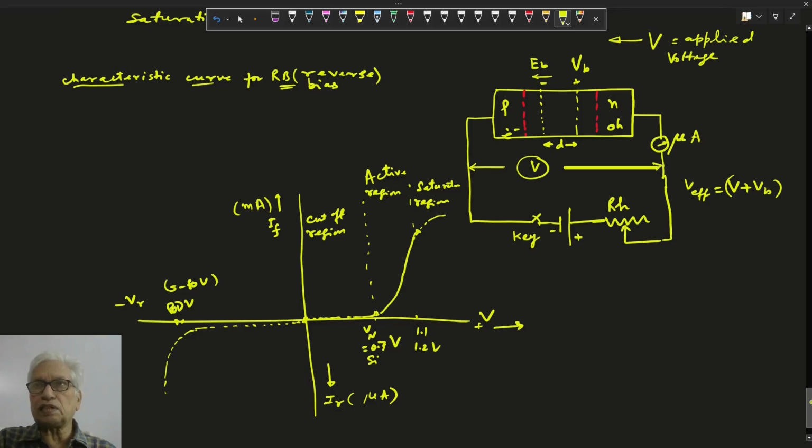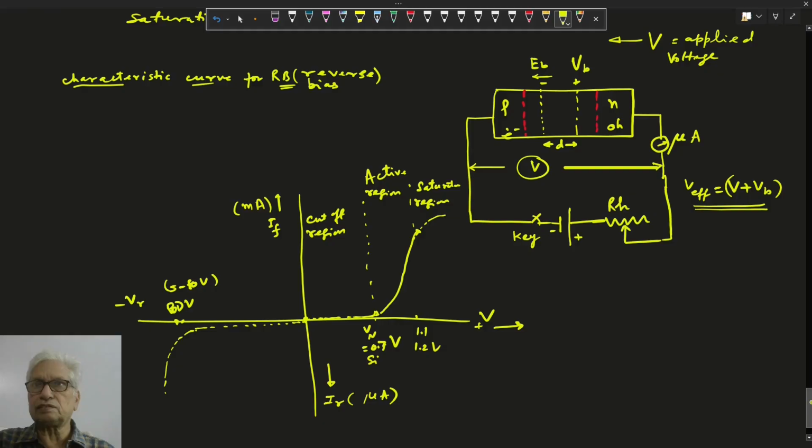For majority carriers of the P region and N region, this reverse biasing opposes. So, no question arises of current due to majority carriers. But for minority carriers, it is supporting. The positive terminal is coming here and holes are minority carriers, so they are repelled, and electrons are repelled by the negative plate. So they are crossing the junction, and the effective voltage in reverse biasing is the applied voltage